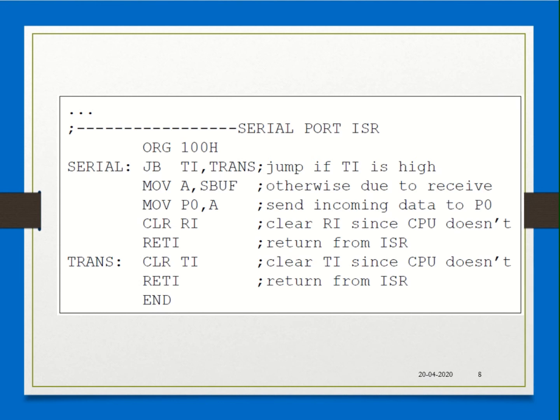Obviously you know it is RI because you're reading data, but still it is good practice to check for the conditions. So as discussed in the previous program, you're again doing the same thing. Check whether TI is set. If it was set, then you will come here. If it is not, then the next. If TI is not set, obviously RI would have been set, and that would have caused the interrupt. So the interrupt generated is an indication that reception of 1 byte of data is complete and that it is available in the SBUF register. Read that to port A.